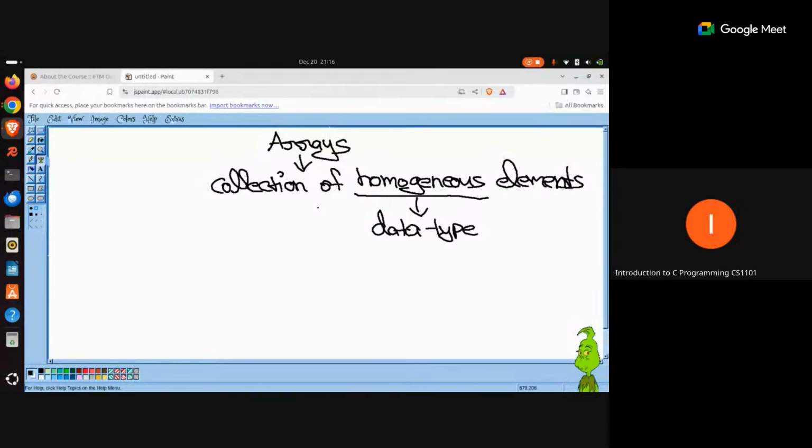Now, let us first talk about why the concept of array was needed in the first place, and why it was introduced in any given programming language. These concepts that we are studying here are not specific to the C programming language; they are used across programming languages. Of course, the syntax might be different, but the underlying concept is going to remain the same across all programming languages.